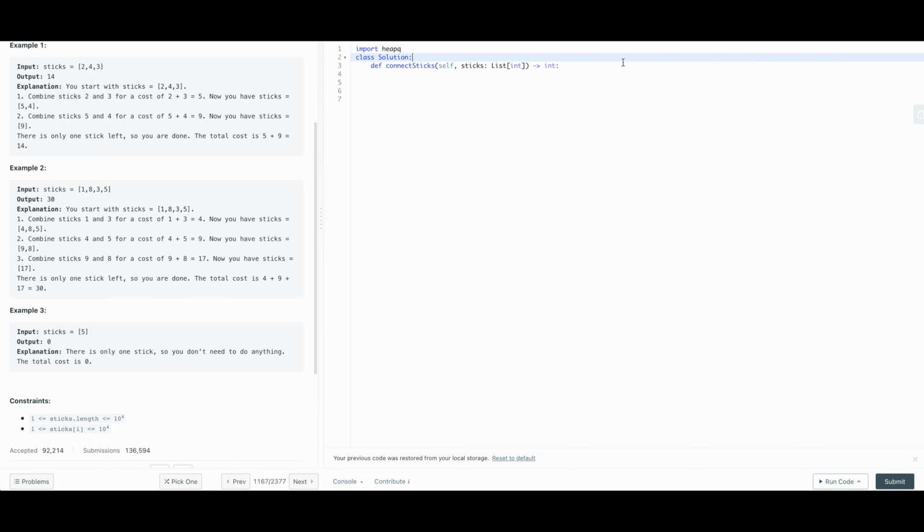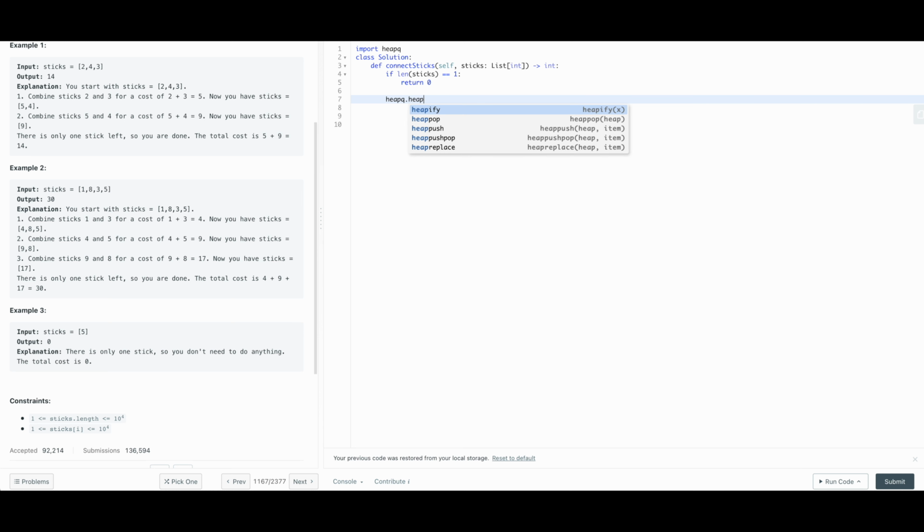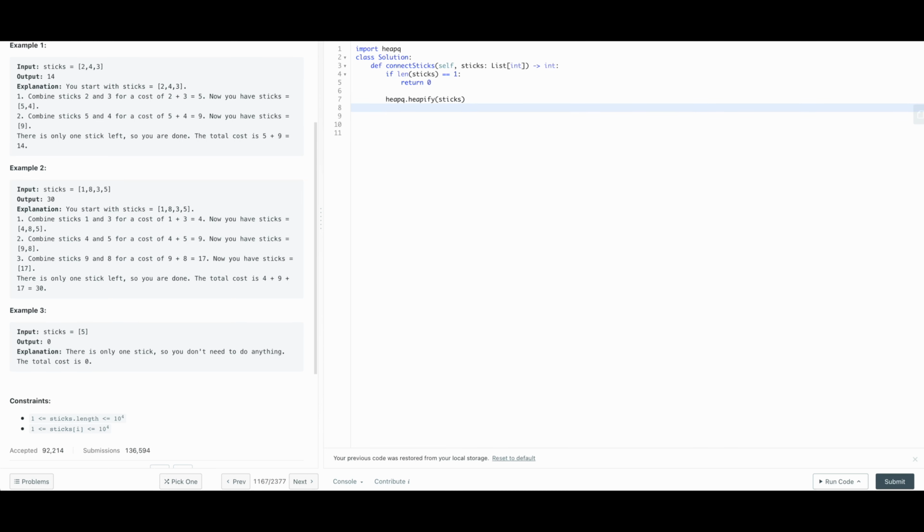So if length of sticks is equal to 1, then you return 0. Now you heapify sticks. So you heapify the given sticks, and you initialize cost to 0,